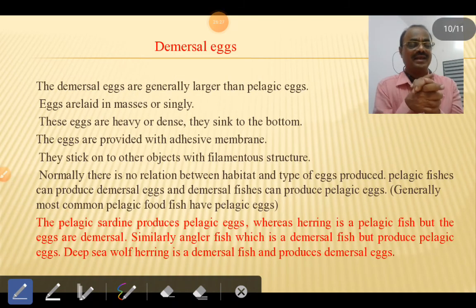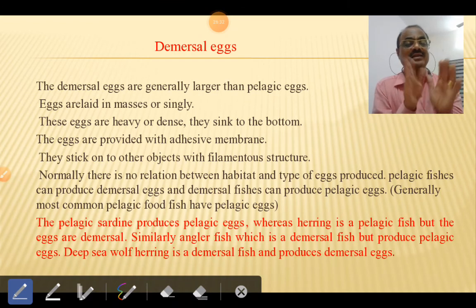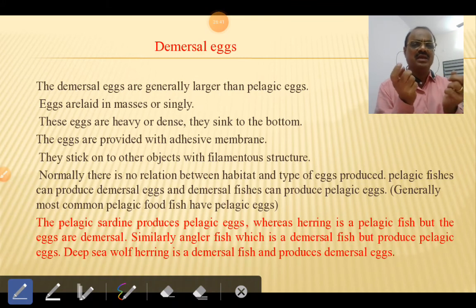Now demersal eggs. Already I have told that demersal eggs are larger than the pelagic eggs. Eggs are laid in masses or singly, but they are generally in masses. The eggs are heavy or dense. They sink to the bottom. Because they are heavier than water, they sink towards the bottom and lie at the